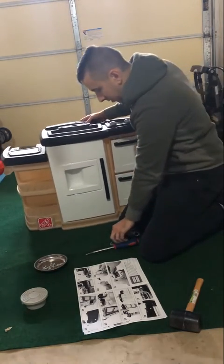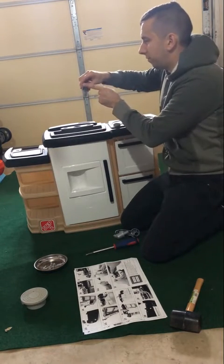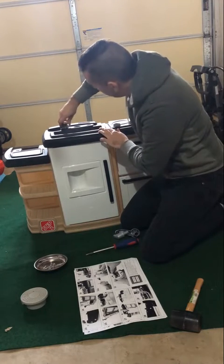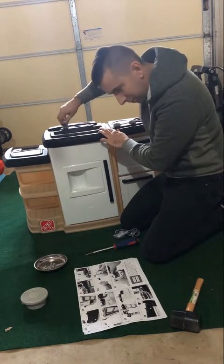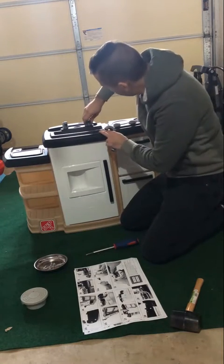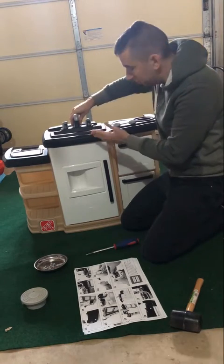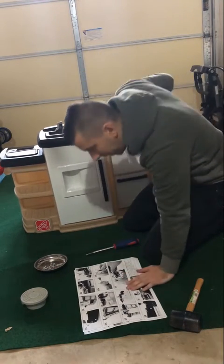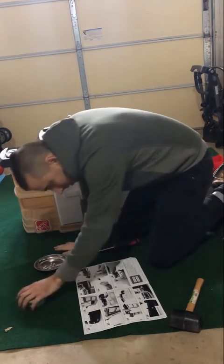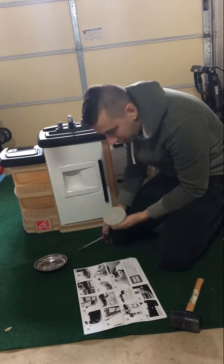So just want to show you that. And let's put it in there, put the faucet facing that way, facing the front. Although it doesn't matter because you can turn it. So let's do the knobs, faucet, push it in there, they're all good there. That was step 31. Now step 32 has 3 steps, or 2 steps for 32, and then 33 is also